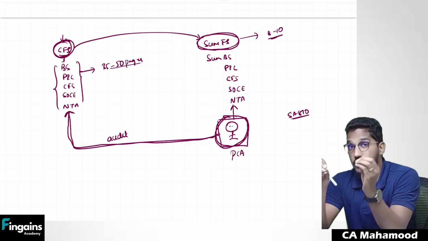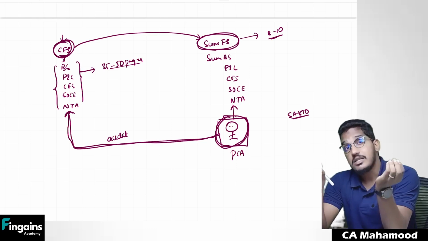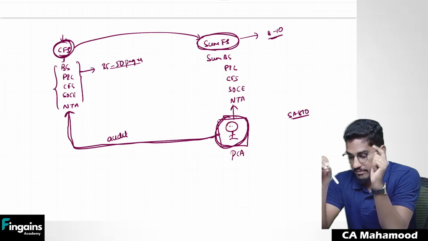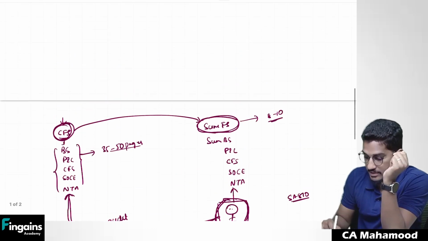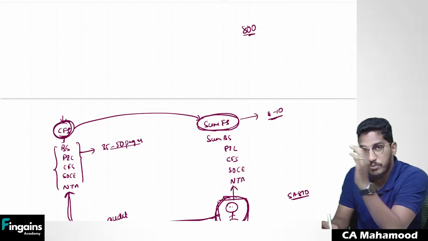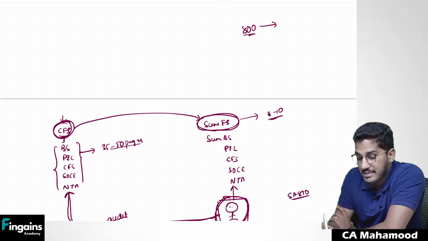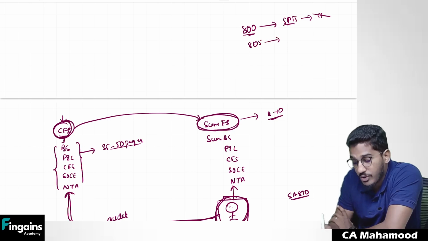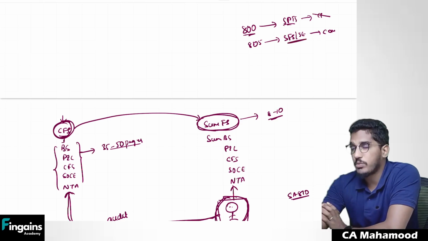In SA 800, you can accept the engagement of a standalone single financial statement. Sorry, SA 800 talks about special purpose financial statements. So SA 800 did not put any condition which says don't accept an audit of special purpose financial statements if you are not the auditor of complete financial statements. They did not put that condition. SA 805 did not put a condition that if you are not the person who has conducted the audit of complete financial statements, don't accept the audit of a single financial statement or specific element of the financial statement. SA 805 also did not put such a condition.